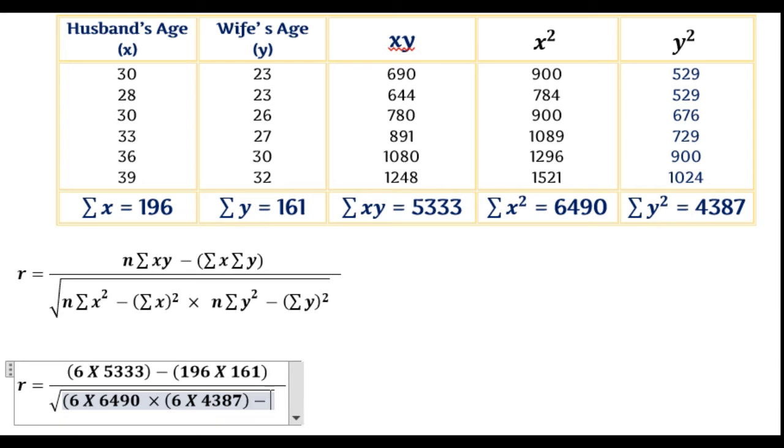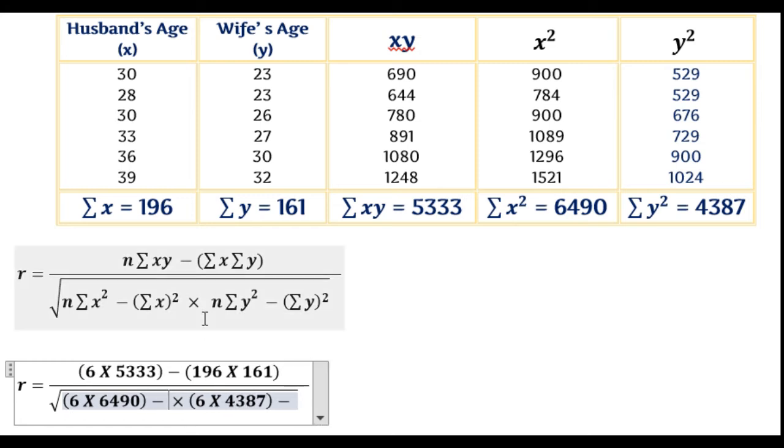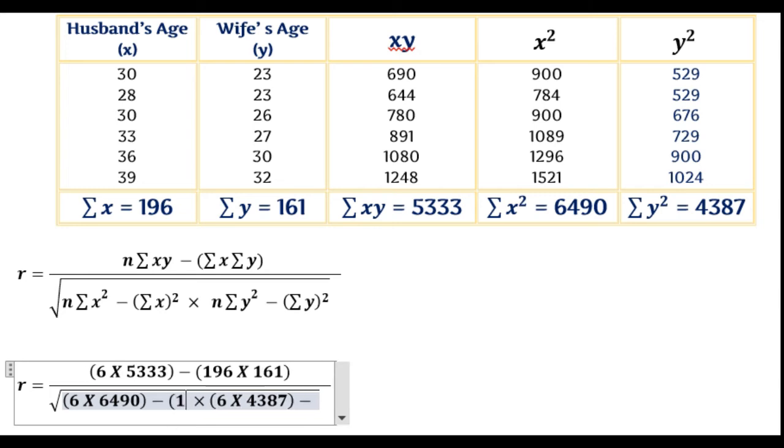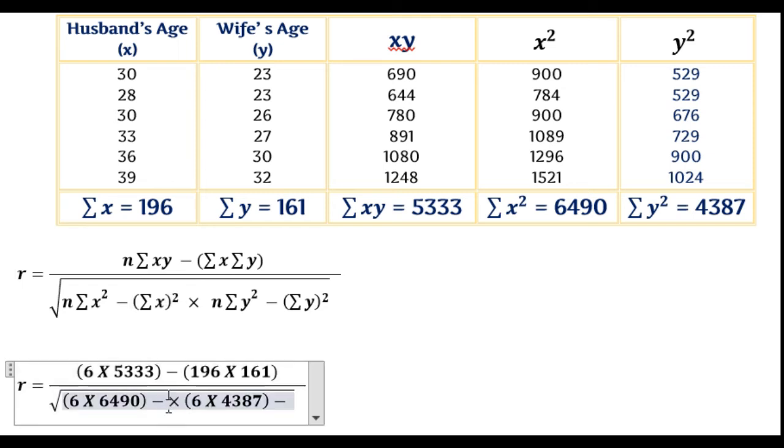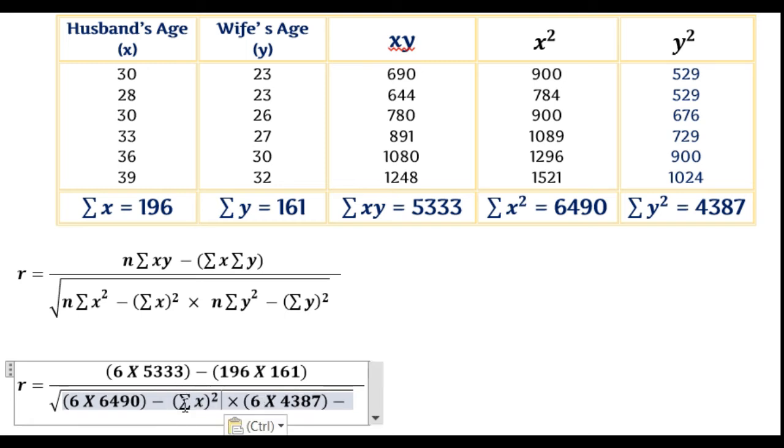So find the product of that and then find the difference. Yeah, here I have to do that. I have not done that. Let me do that. Okay, don't make this mistake which I have done. Sigma x whole square we need, I have not written. Let me write that now. So that is 196 whole square. Okay, now it's a problem. Okay, let me copy this from here so that I can use the square which is available there. Then I'll put just the values.